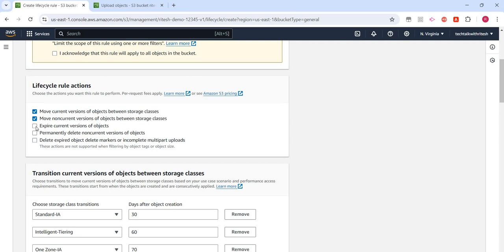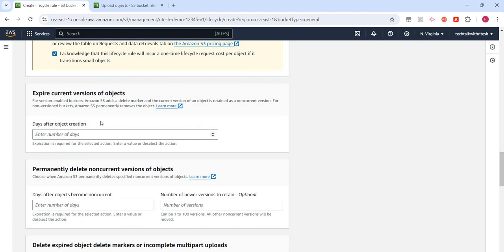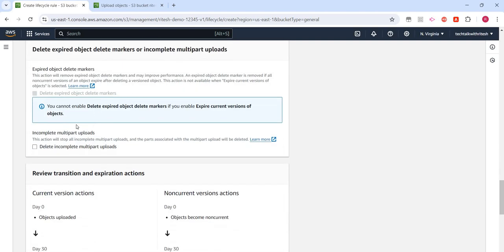And then I can select more options here. Expire current versions of objects, or permanently delete non-current versions, or delete expired object delete markers. What we need to do is configure each of those options. So for example, expire current versions of objects, days after object creation. So maybe I'll just say 300 days, right? Permanently delete non-current versions, we will say 600 days. Okay,